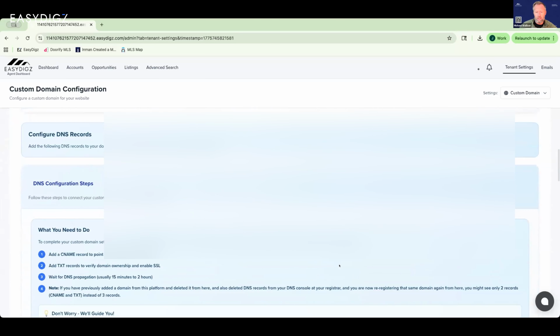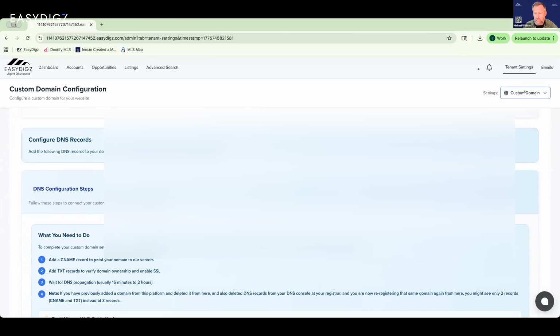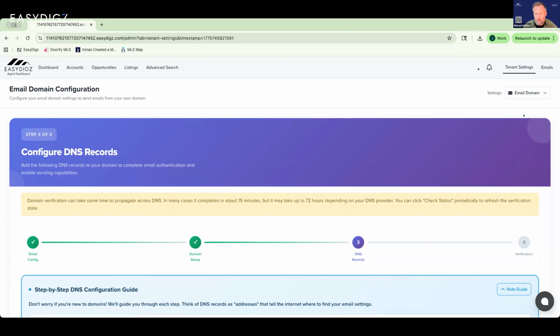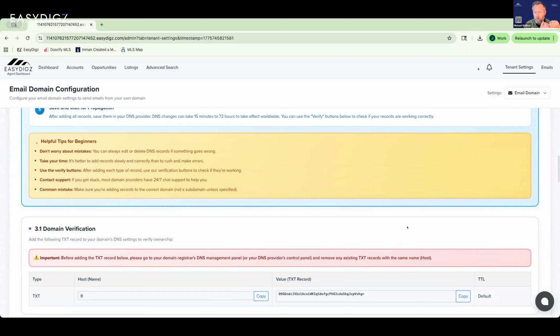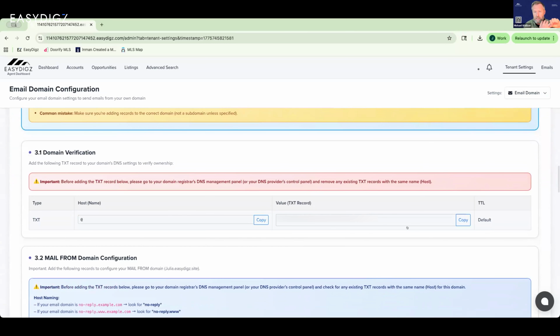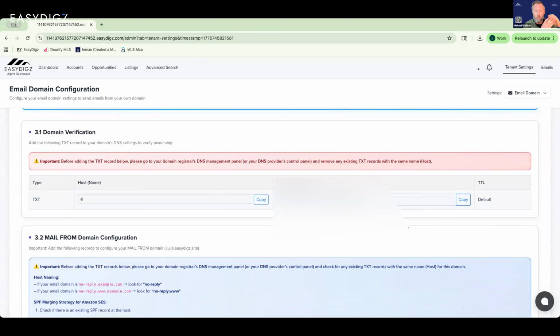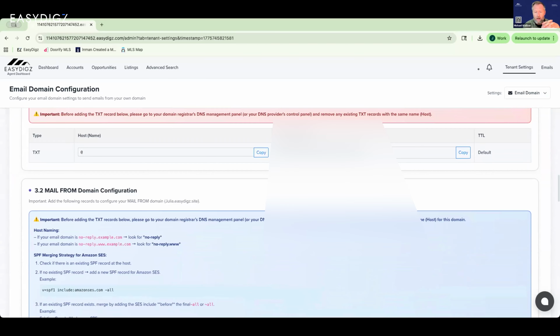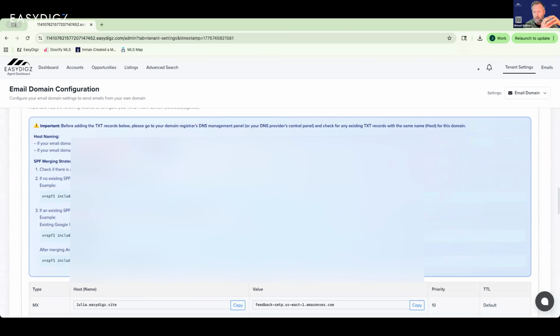The next thing that we're going to do is for all of your custom campaigns, your email campaigns and your outreach, that will be under email. And so again, you have another set of records to configure. This handles all of your custom email for your drip campaigns, email outreach, property sharing, etc. One of the big things that we have in here is it also, when you first start on this module,